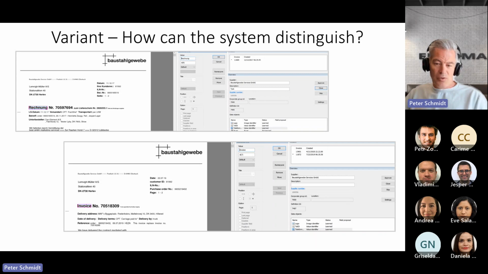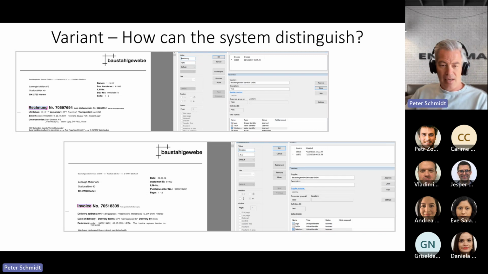So what you need to do is use what we call one of the value identifiers. Under normal circumstances, we have two identifiers. We have a logo, that's a graphical element that we look for. And then we have what we call the value identifier. The logo can only see black and white dots, more or less. It doesn't read what is on the identifier, whereas the value identifier can understand, read, and interpret whatever